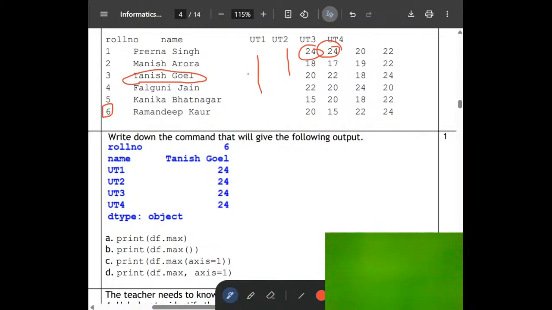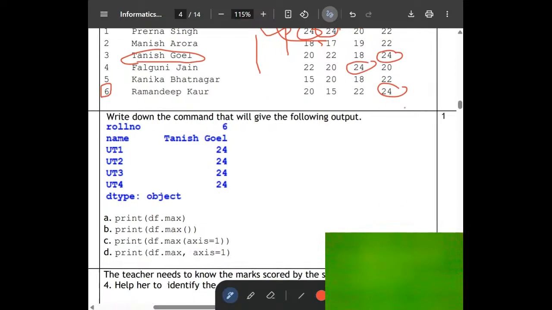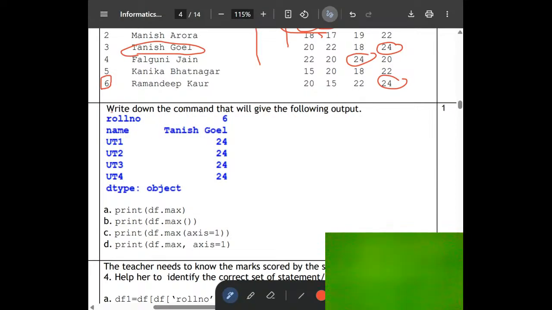It seems like this. 24 is here, and it's here, and for this these are it's here, 24, 24, 24. So print